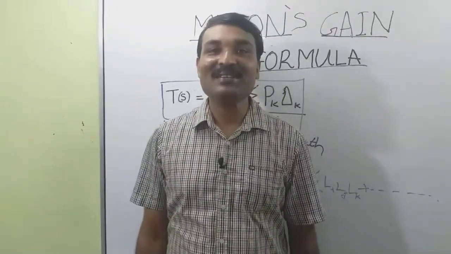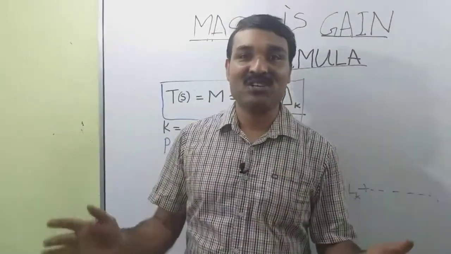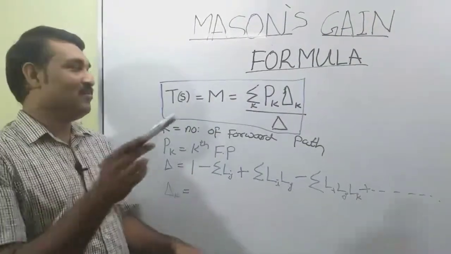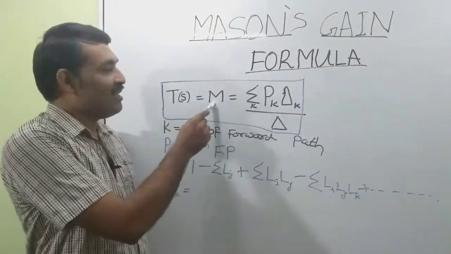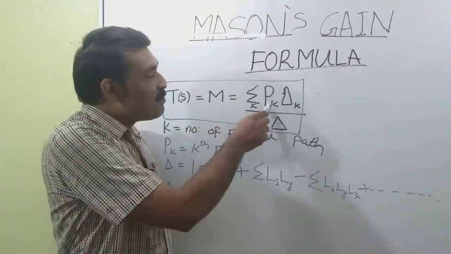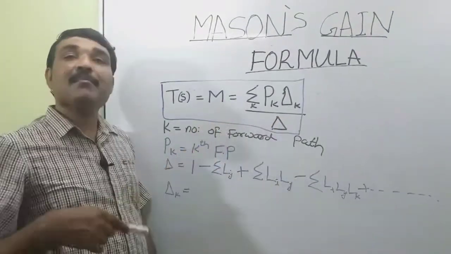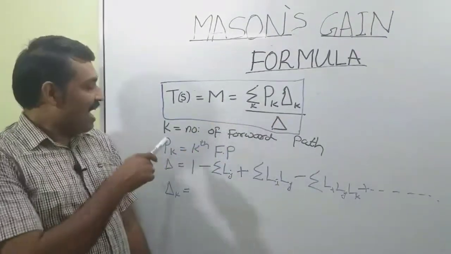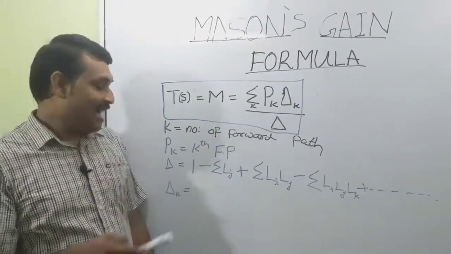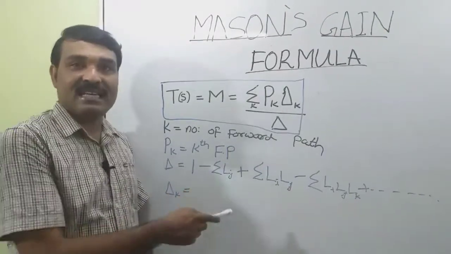In this session, we are going to discuss Mason's gain formula for finding the overall transfer function. We can find the overall transfer function of a system, T(s) equal to M. Here M stands for transfer function, that is equal to summation Pk delta k by delta, where K is the number of forward paths, Pk is the gain of the kth forward path, and delta is equal to 1 minus summation of Lj, where Lj